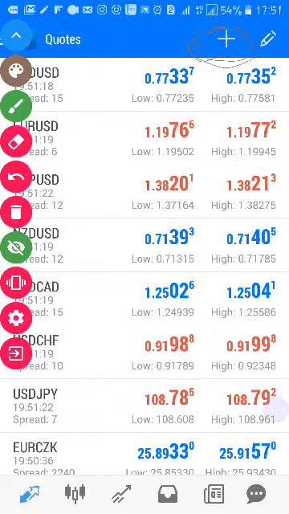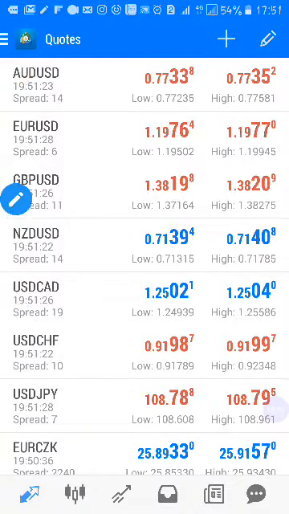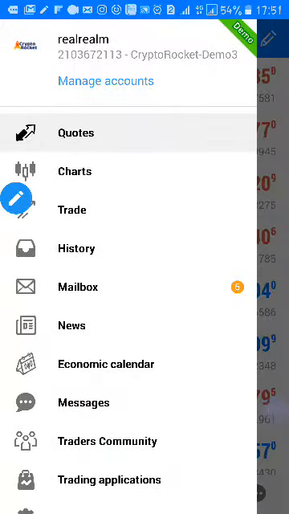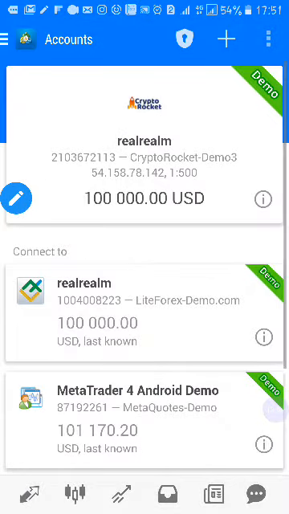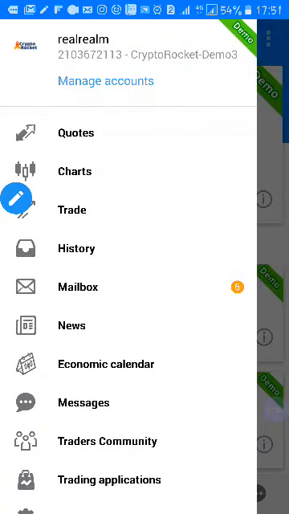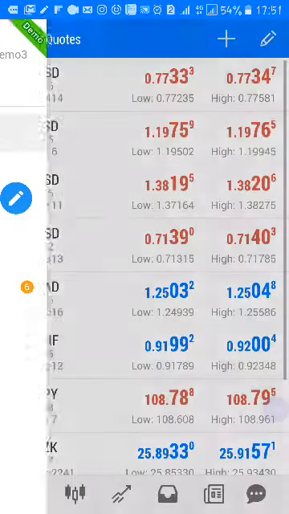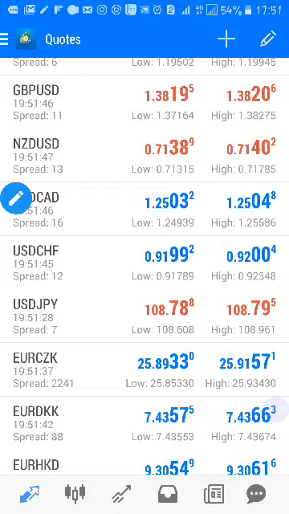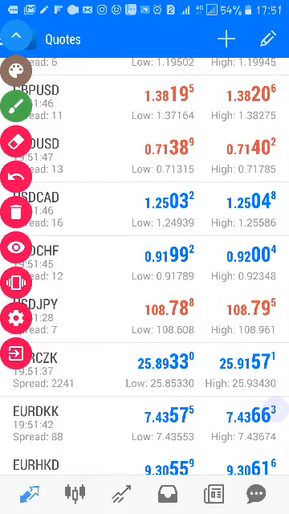Before, when you wanted to add a new account, I said you were supposed to slide this like that and tap the top icon, manage account, before you click a plus sign. But right now, if you want to add more currency pairs, you just go to your quote. On this quote menu, you see this